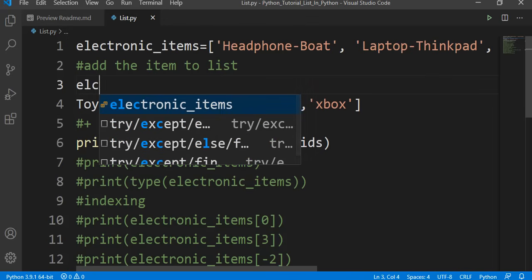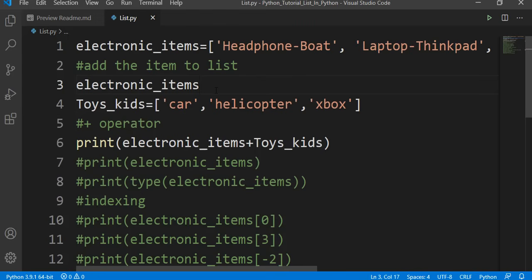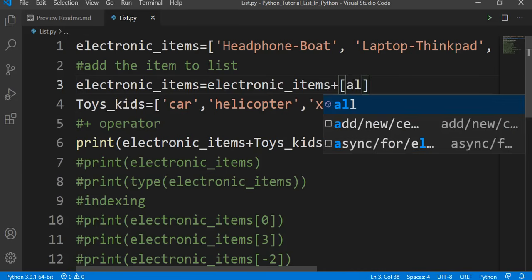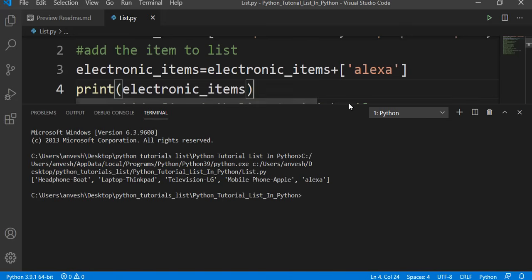So let's take the electronic item list, and then here I am going to use the plus operator, and then I am going to add one more item, say Alexa. So now you can see that I added Alexa to the existing electronic item list, and then I printed.